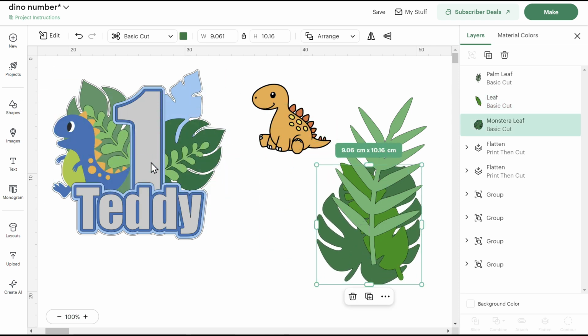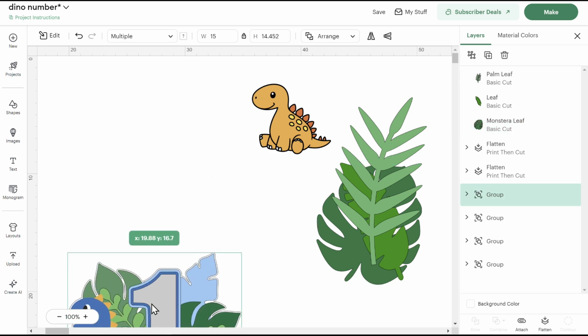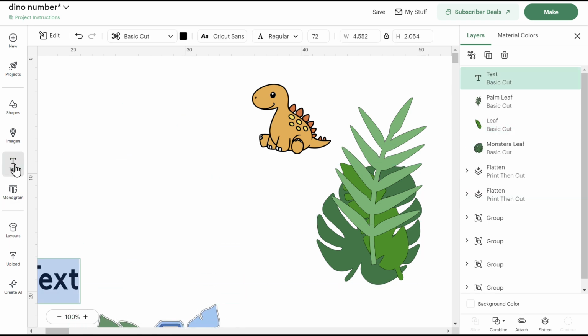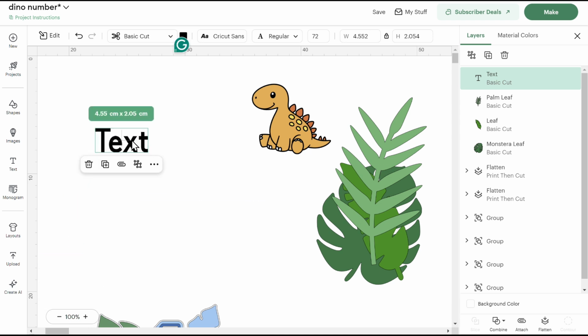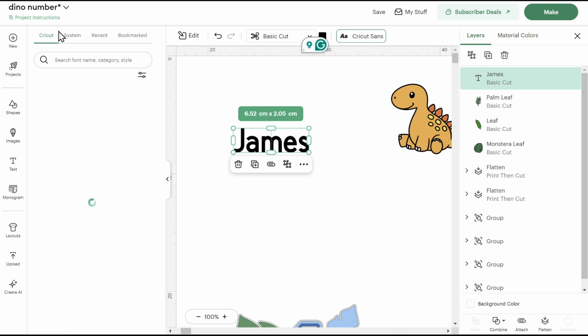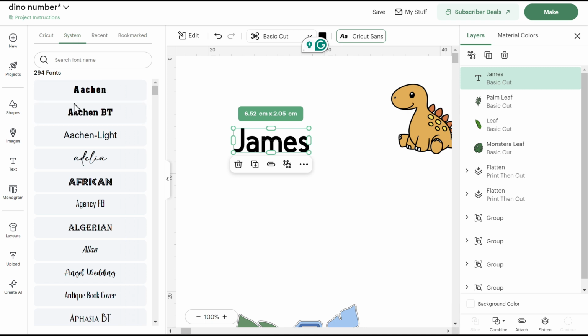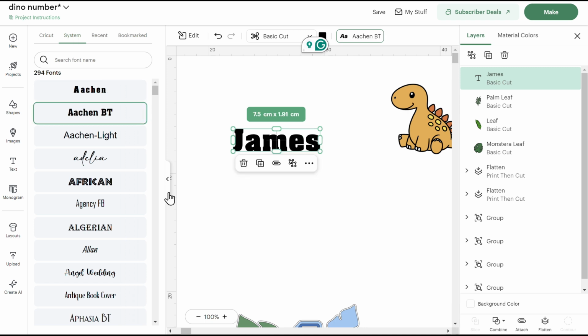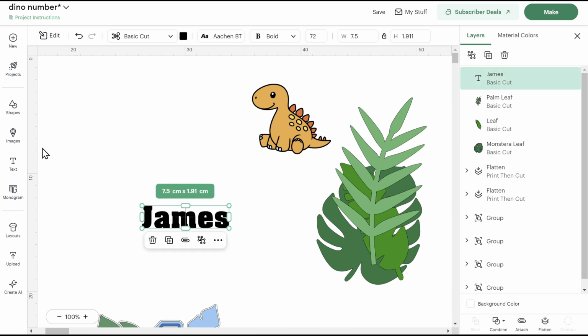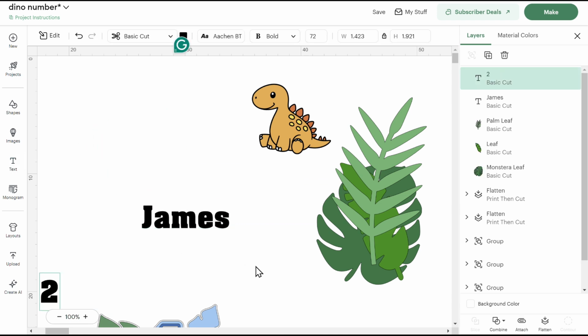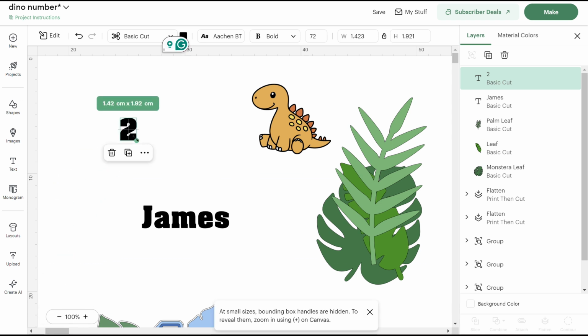So now let's go and do the number and the name that you want. We will just choose our name. Then I'm going to change the font. My favorite font, which I already have on my computer, is Action. You can get this font on dafont.com, which is a free font website. So now I'm going to do the age 2, scale that up,